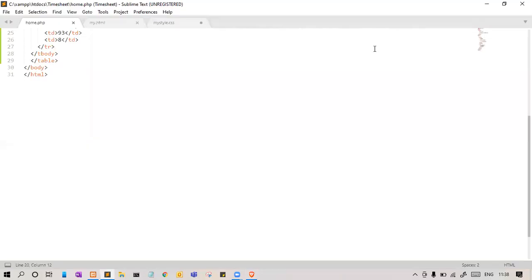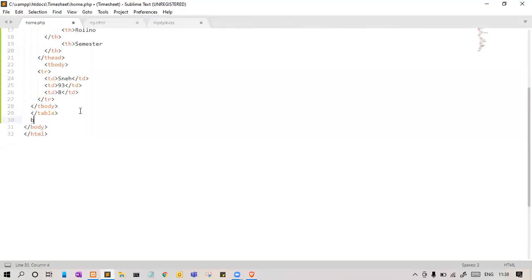What do we want now? We want input fields so that the user enters data, and we want one button also. As soon as the button is clicked, the data is entered into the table. So let us create the fields. Besides the table, let us give some break, and a name input of type text. Let us give it an ID, let's say name. And let us copy paste this